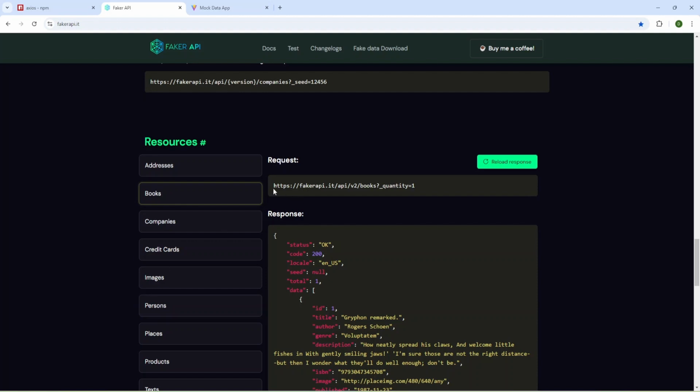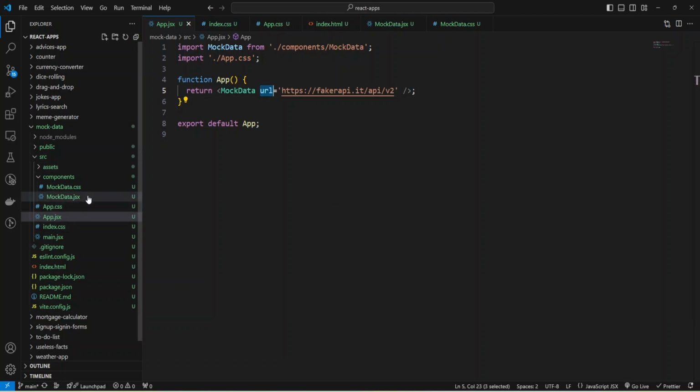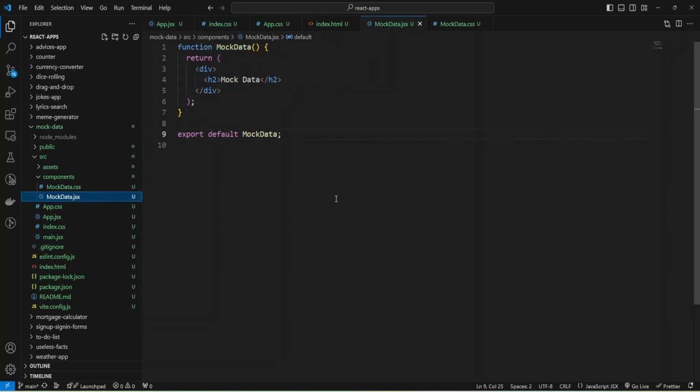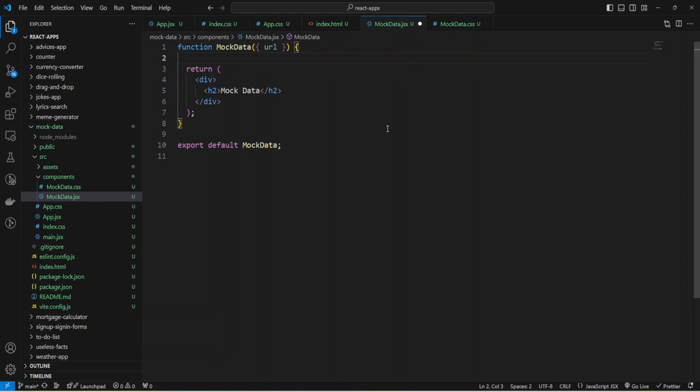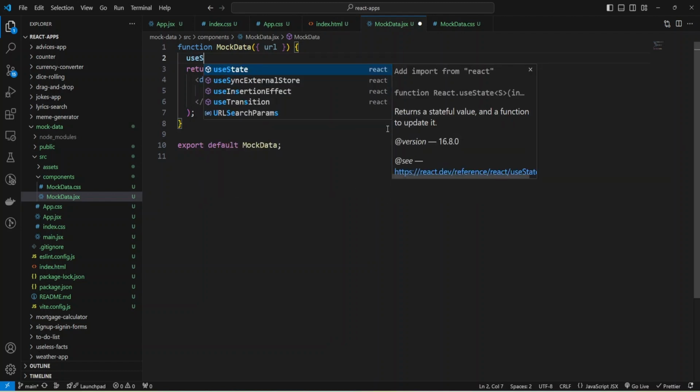I'll provide the URL as a prop to my MockData component. I'm going to create a prop url and pass my URL to this prop, and inside my component I will get my prop using object destructuring. Now I can add some basic states, so I'll use the useState hook.